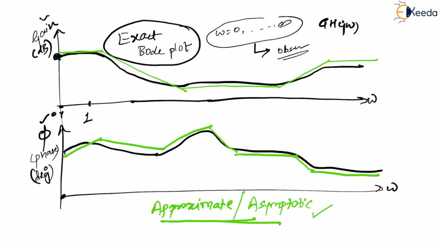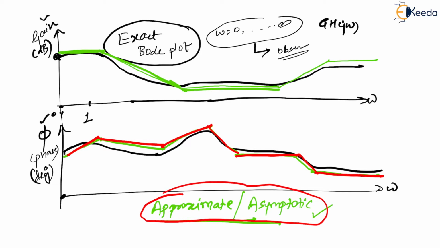Now if you observe here, in this asymptotic Bode plot or approximate plot, we are not interested in the exact things; by observation itself, you see that I am interested in the slopes. This is a slope, then again this is a slope, and again this is a slope. Which means in order to draw even an approximate or asymptotic Bode plot, I need to have a complete knowledge of how to deal with slopes.